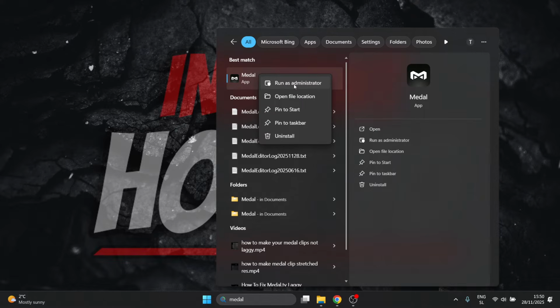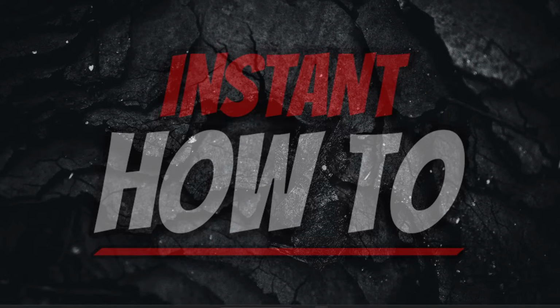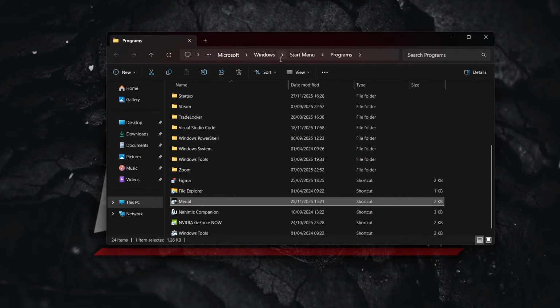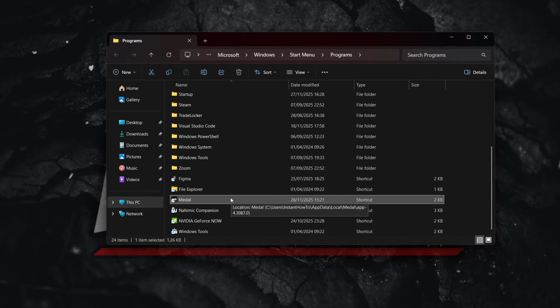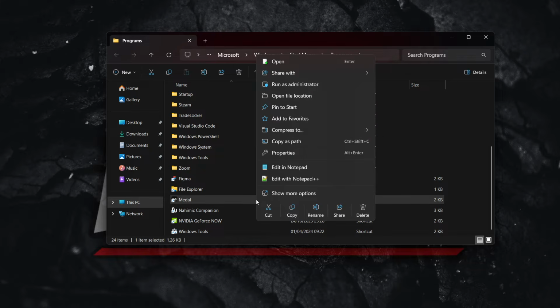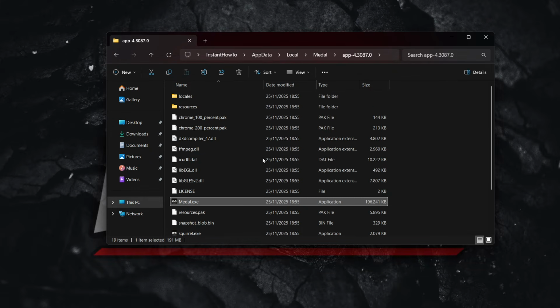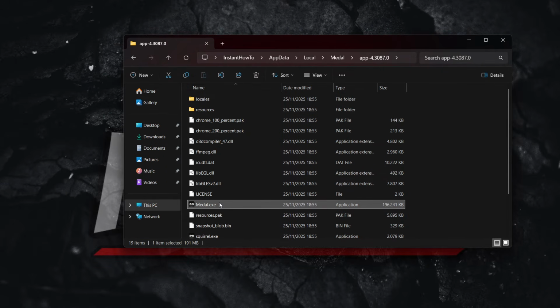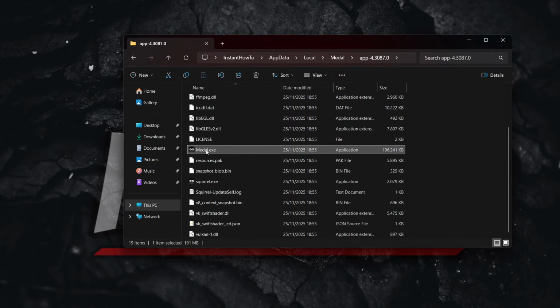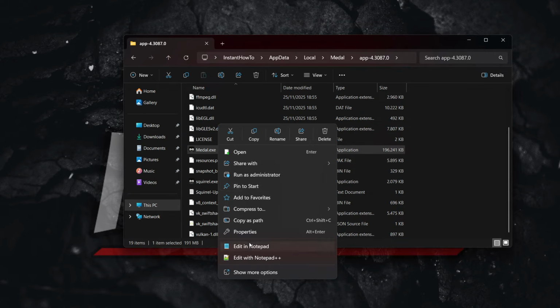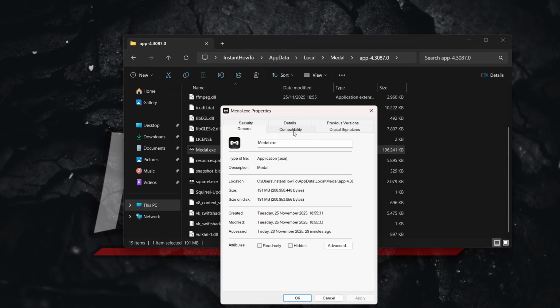But if this still doesn't work, and if it's still just not opening for you, what you can try is go to Open File Location over here. It's going to open up the file location of Metal. As you can see, for me, it's just a shortcut. You can try right clicking that, and then over here again click on Open File Location, and it's going to pop up the directory of your Metal, and you want to look for this metal.exe here, which says it's an application. You want to right click it, click on Properties, and then you want to go into Compatibility,